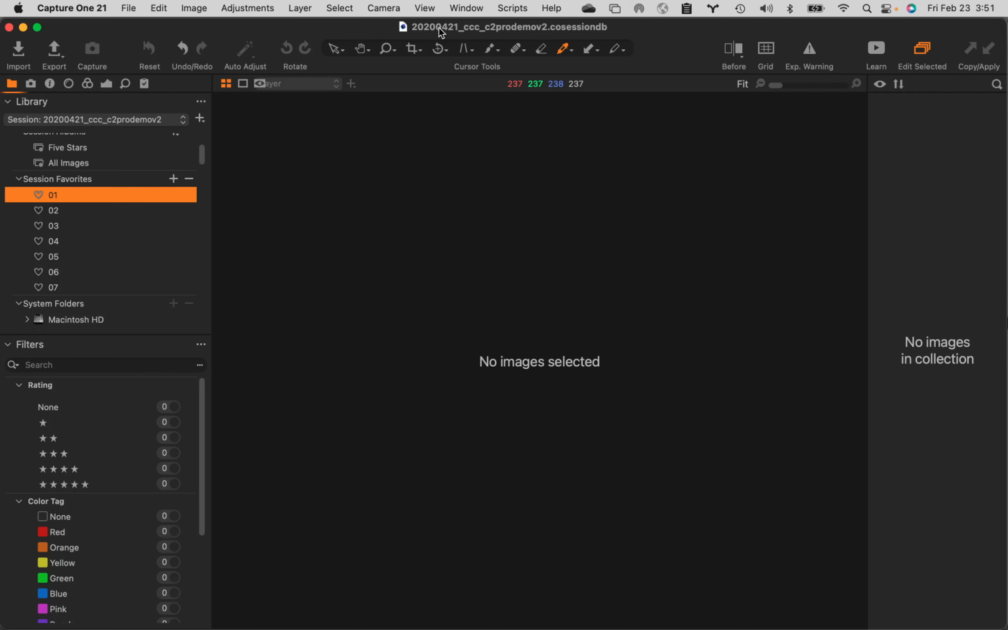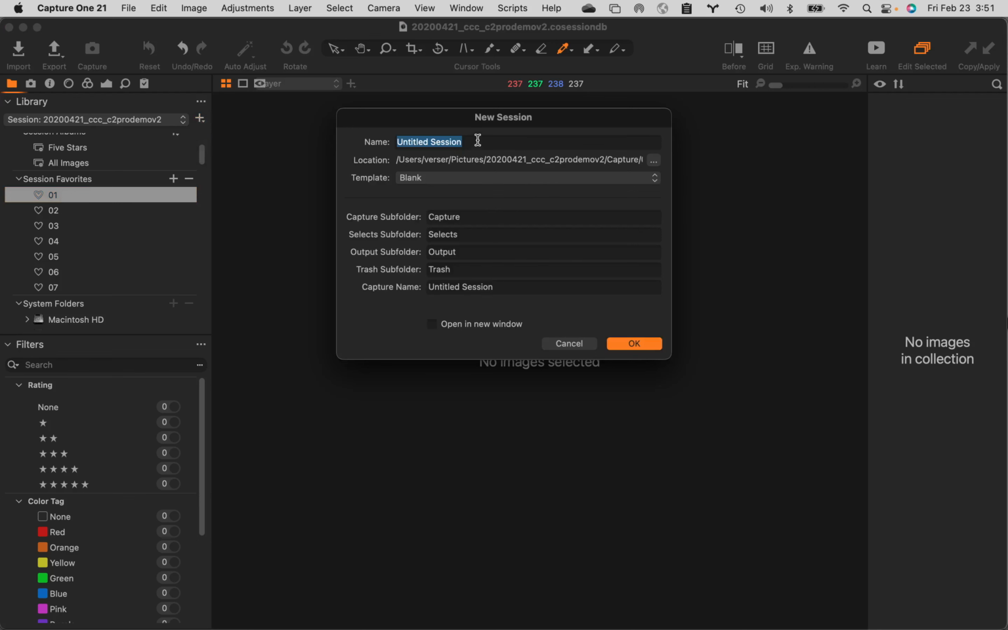That's exactly how you do it. It's exactly the move we made in the very beginning. You would come up to here, you would click on this drop-down menu. Everybody do this with me. New session. And the new session that we're going to make is going to be called 20200422, which is the correct name, underscore CCC underscore C1 Pro Demo